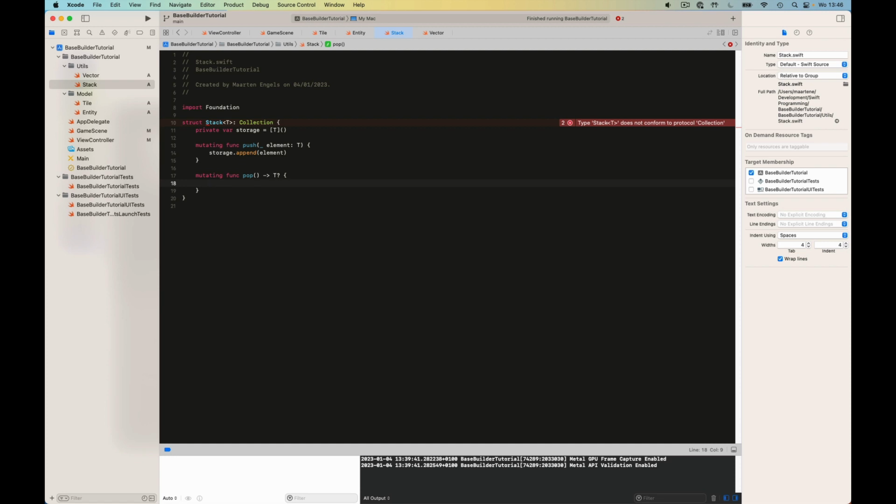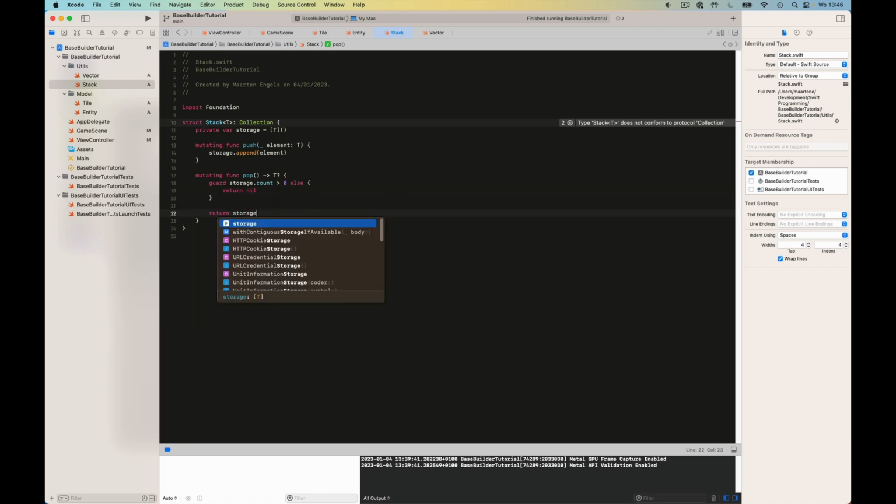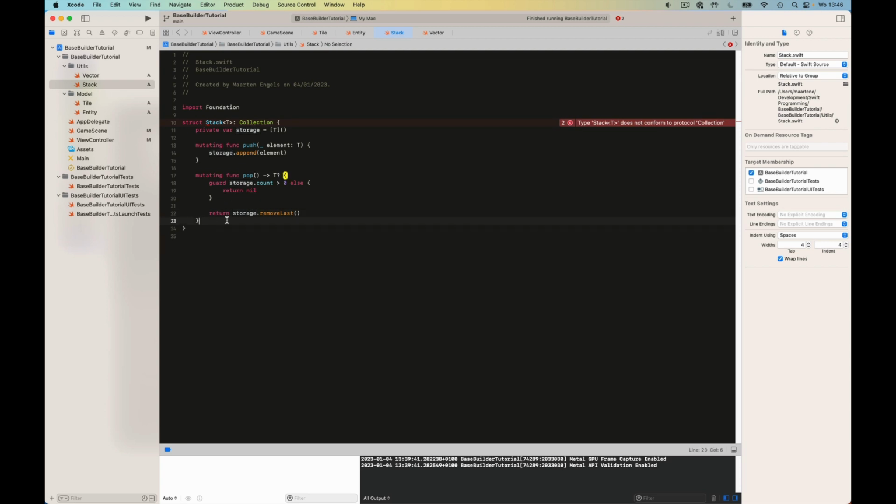So to pop, we'll just say guard storage.count is larger than 0, else we'll return nil. We need to do that because if you do storage.removeLast, it assumes that you already checked that the storage array is not empty. Now you'll notice that we get an error that we don't yet conform to the Collection